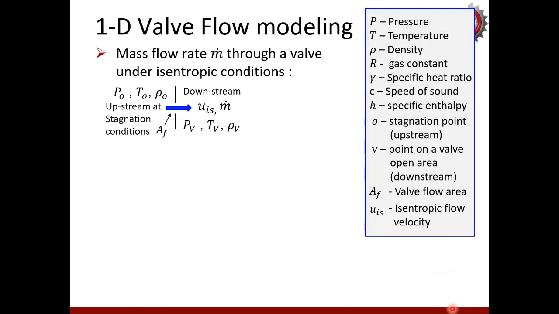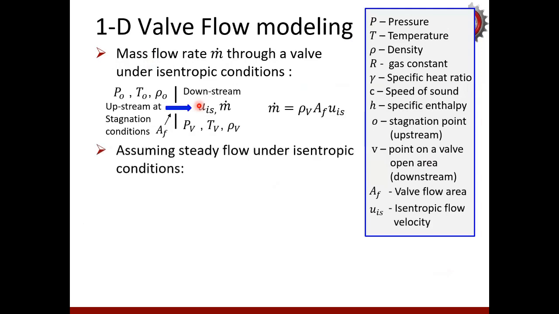Then you can consider the mass flow rate through an orifice. So this is the upstream condition, the stagnation condition, and this is the downstream condition, which is the valve throat. So the mass flow rate is density, cross-section area into the velocity. And if the flow is isentropic, then